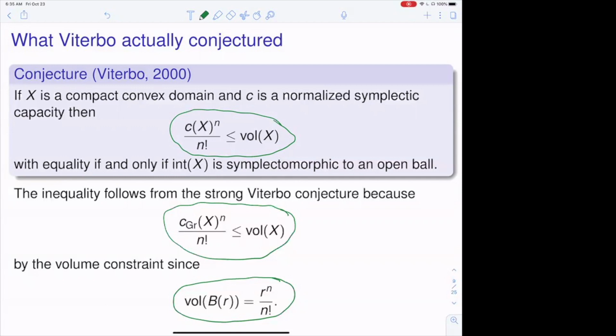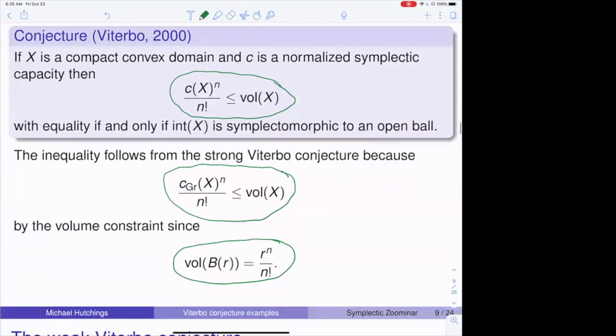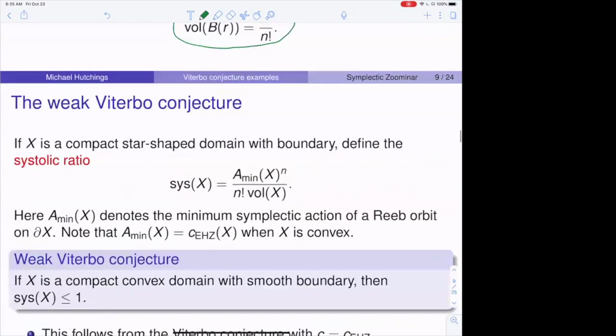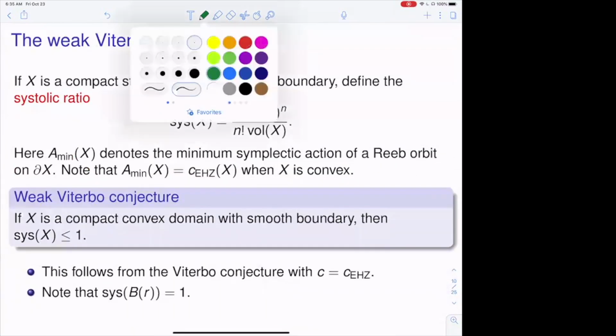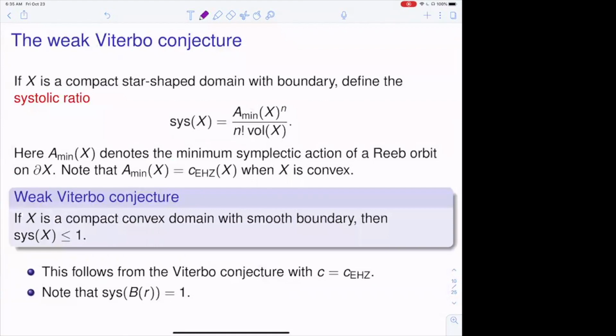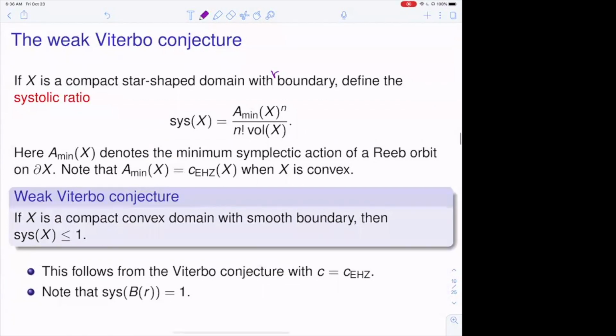Okay, and then there's a weaker version of this conjecture, which is actually quite interesting. To state the weaker conjecture, let's define the systolic ratio of a star-shaped domain. I better assume the boundary is smooth. As follows: you let A min of X denote the minimum symplectic action or period of a Reeb orbit on the boundary. And then we define the systolic ratio to be the minimum action to the nth power divided by n factorial times the